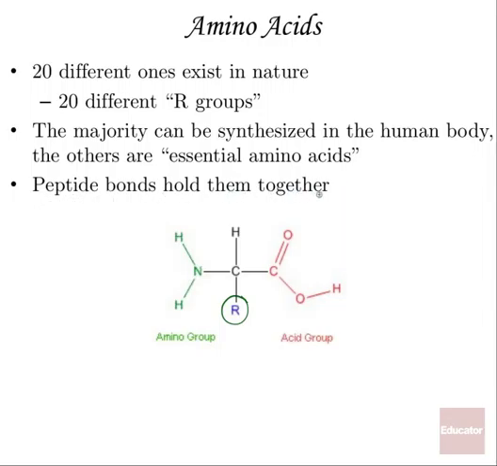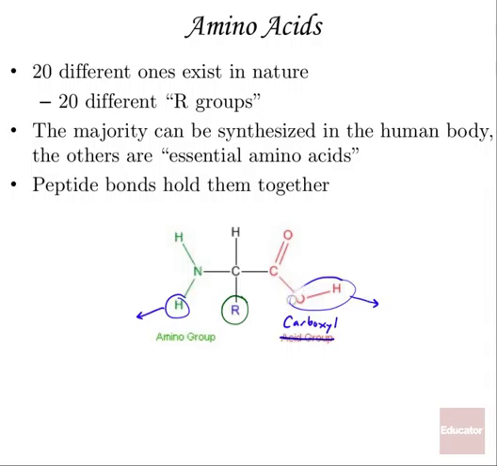Peptide bonds hold amino acids together. Once again, it's a dehydration synthesis. An OH on this part here called the amino group, I misspoke. This is the amino group. I saw the A here and thought differently. This is, they call it acid group here, but I've actually seen this more in textbooks. A carboxyl group is the name for this. CO2H, you can abbreviate it as that. That's the carboxyl group. So an OH on that, and then if you look at the amino group over here, that makes water. So when these two leave,